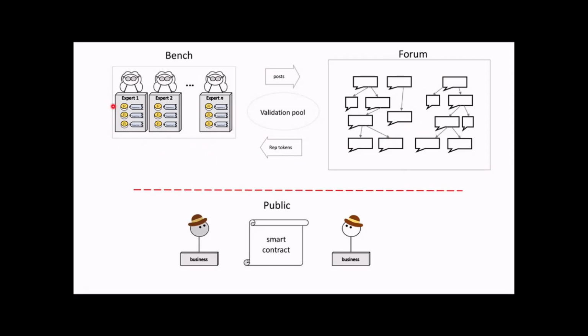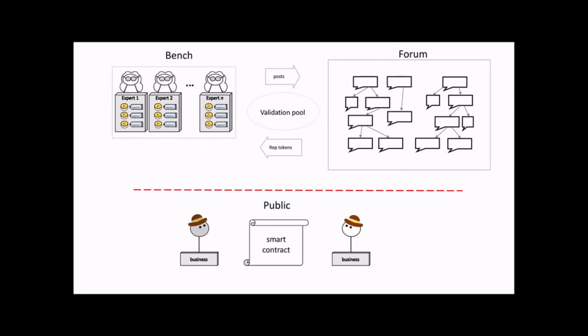And by the way, you'd want reputation in multiple different things. We're not going to get into that. We're going to talk about one expertise. But in any reputation system, you don't want one notion of reputation. People who are good at baking bread are not good at fixing motorcycles, or they may be, but not necessarily. So you don't want reputation to mean one thing for everything. You want multiple different types of reputation. And so this is just how we're going to explain how to make one type of reputation.